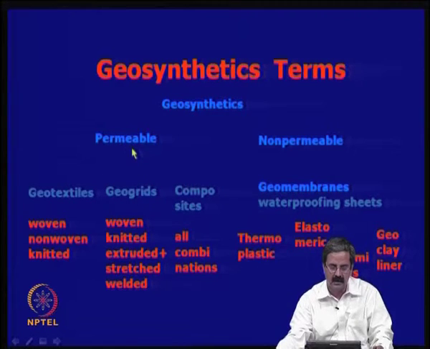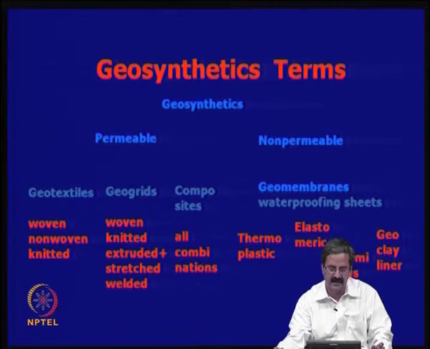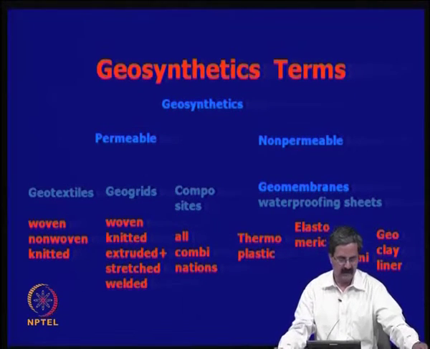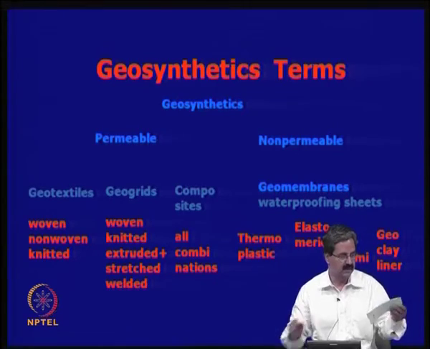One is permeable members and the other is non-permeable members, and permeable members means they allow water through them. As I just mentioned, in many ground improvement problems, the presence of water is something very serious, because it leads to poor pore water pressure mobilization and all that. So, if you have some sort of textile like this, a geotextile through which water can permeate, then it is much simpler.